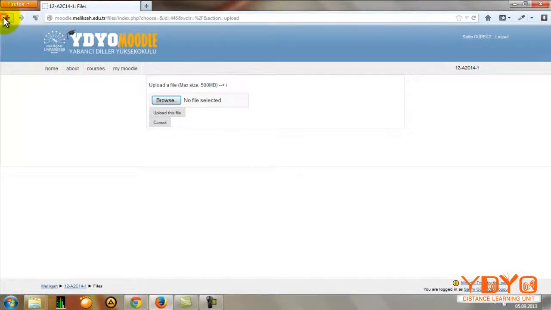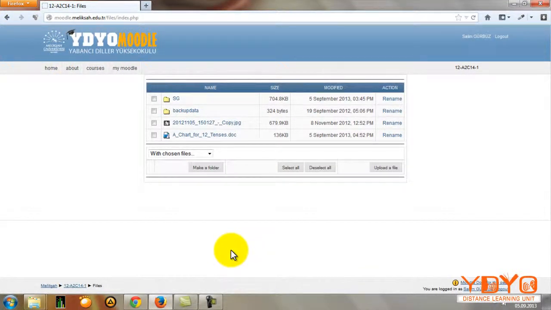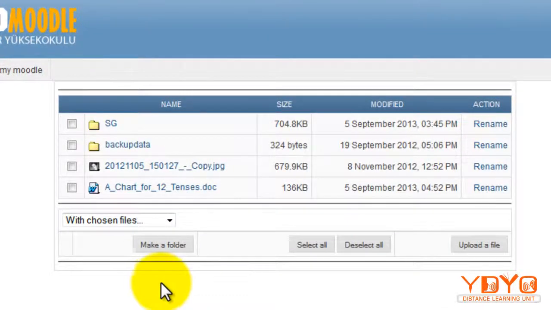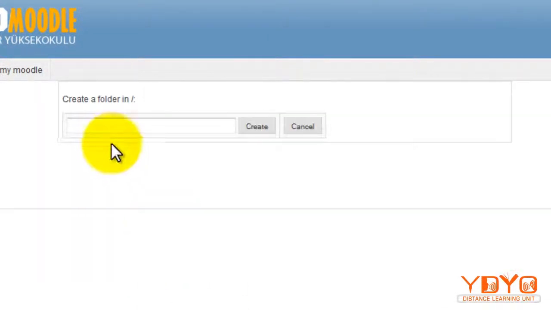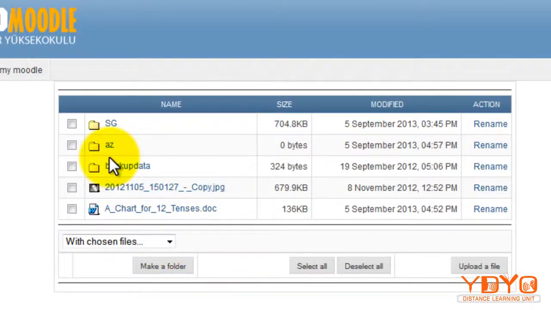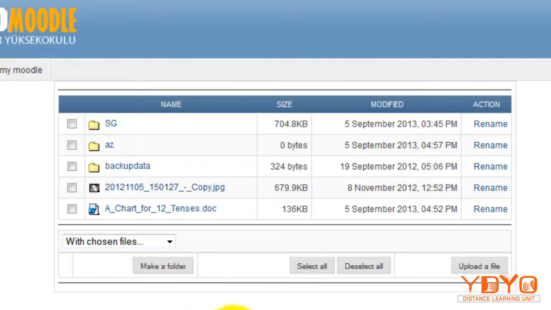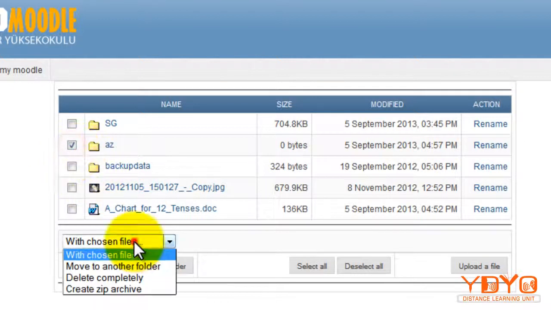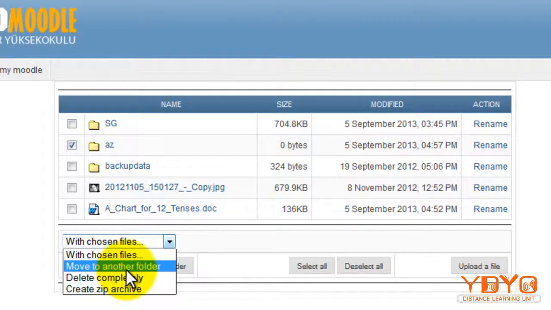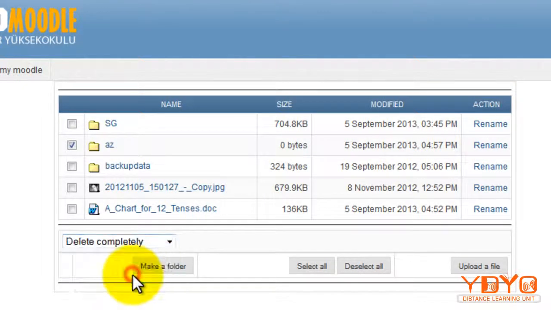Basically the same thing. And if you want to make a practical use of this files directory, I would suggest you make a folder with your initials. Let's say AZ, and now you have your own folder and you can upload all your files into this so that things won't be that confusing. And if you want to make any changes, if you want to move them around, you just select them and you can move them to another folder. You can delete them completely,